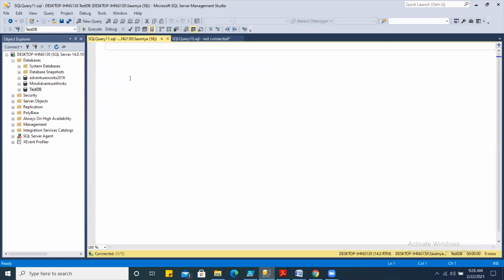For example, let us change the database context to AdventureBox and check how many VLFs we have. What is the command for that? DBCC LOGINFO is the simple command that you can use.